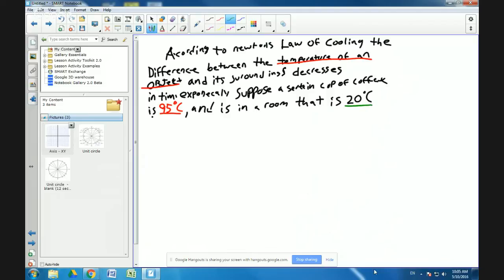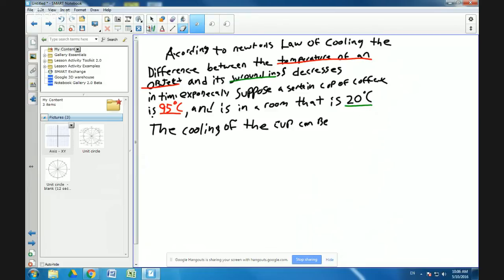So here, 20 degrees Celsius is the surroundings stated in the law of cooling. So the cooling of the cup can be modeled by the equation